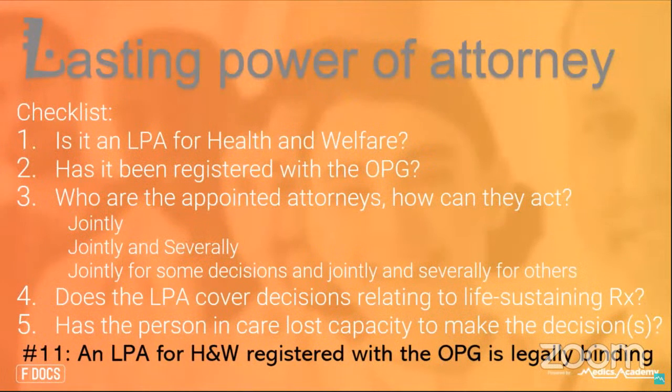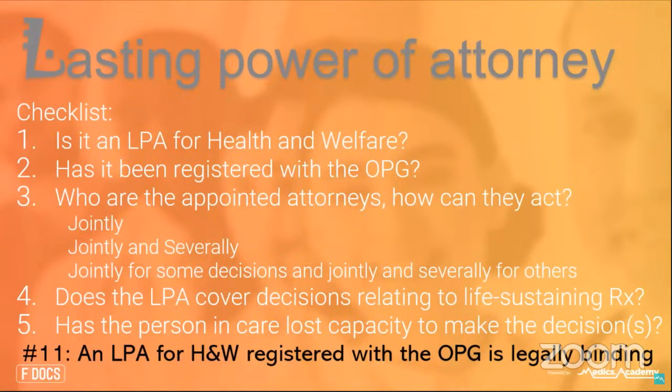So L stands for lasting power of attorney, but I suppose a wider point here would be to think about the Mental Capacity Act in general and advanced care planning. Essentially there are 3 forms of advanced care planning that can occur within the remit of the Mental Capacity Act. One is that somebody draws up an advanced statement of wishes. This isn't legally binding, but it is just a document where patients can express their wishes and dislikes on what they would wish for. They don't have to sign it, and they don't have to get it witnessed by anybody else. It can be on the back of an envelope or on a pro forma.